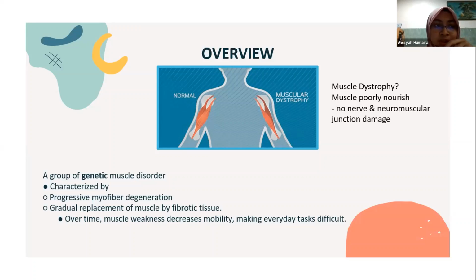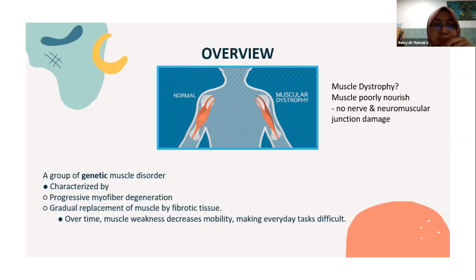So by definition, muscular dystrophy is a group of genetic muscular disorders. It is caused by genetic mutation and it can be inherited. It is characterized by progressive myofiber degeneration, and muscle will gradually be replaced by fibrotic tissue. So as it is a progressive muscle disorder, over time, muscle weakness decreases mobility, making the everyday life of the